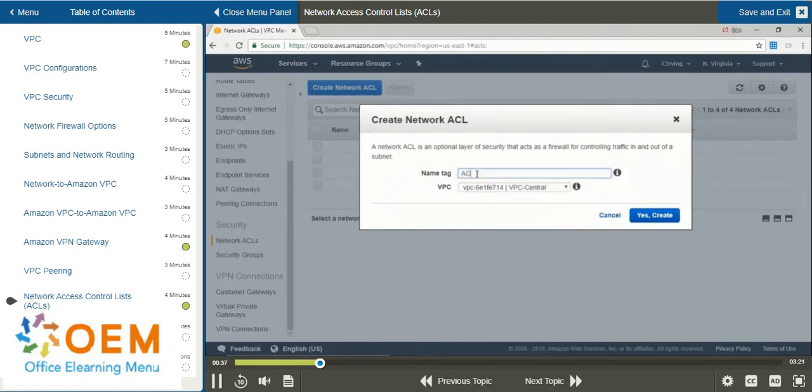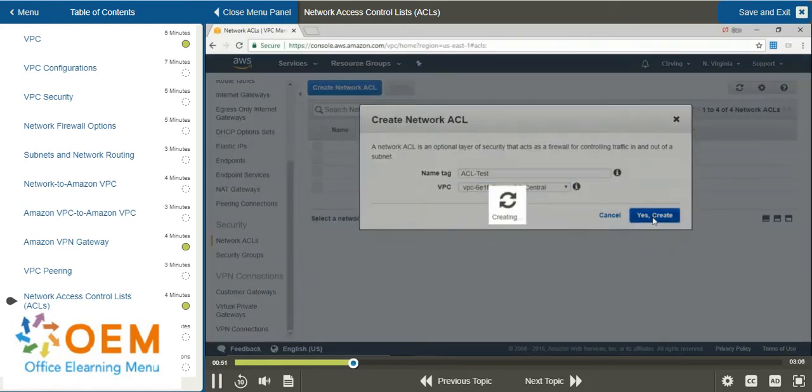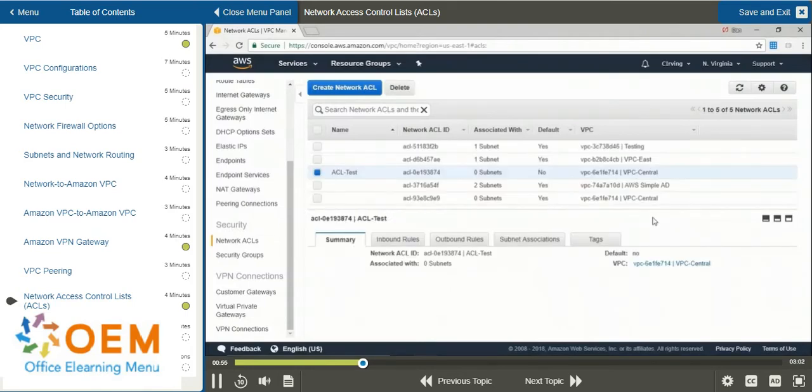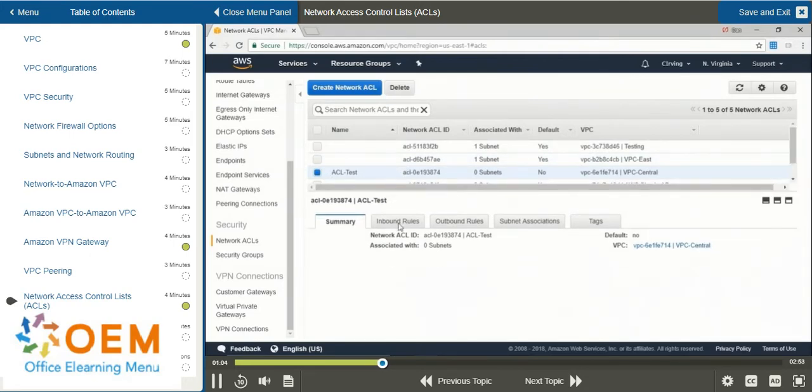So I'm going to call this ACL-test. Then I get to determine which VPC it's associated with. I'm going to leave it on the VPC Central VPC in the drop-down list, and then I'll choose Yes, Create. So I'm associating my network ACL with that particular VPC because I want to control traffic into and out of that particular VPC. So having my ACL selected here in the list, down below, we've got an inbound rules and